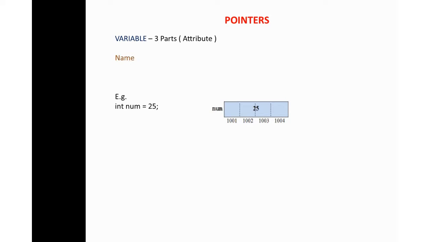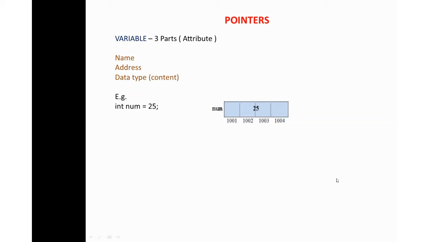So pointer. Before moving into exactly what a pointer is, let me tell you that whenever we declare any variable, a variable has three parts. This we have learned in our +1 itself. Yes or no? A variable has three parts, that is name, address, data type. Along with that, you have the content also. Based on the data type, you have the content related to it. So now look into the example. Content will be related to the data type.